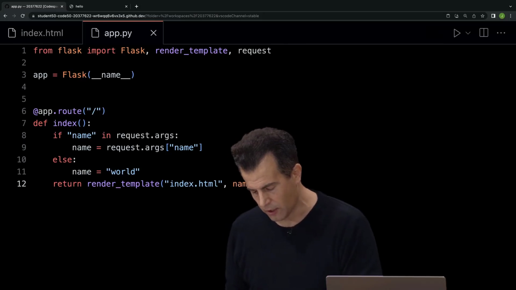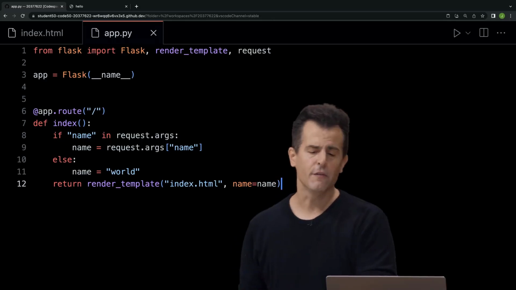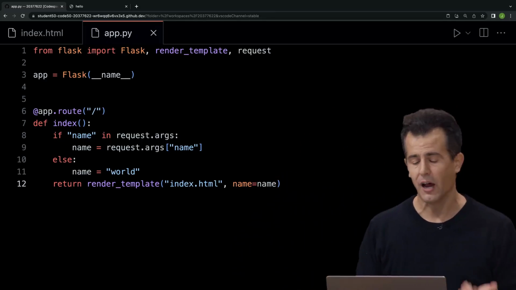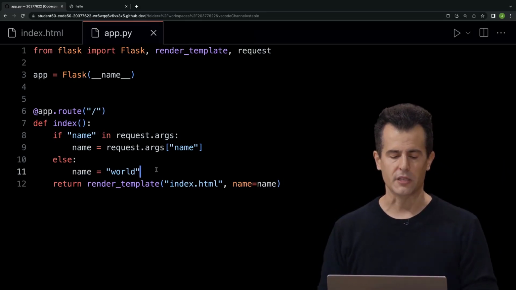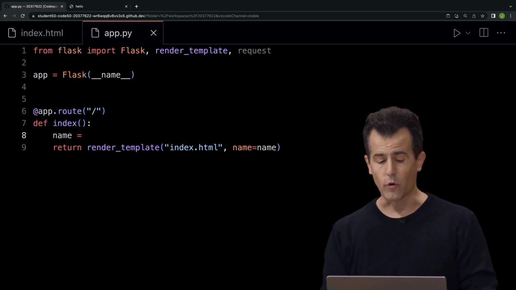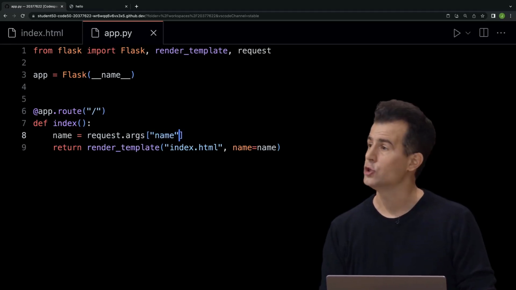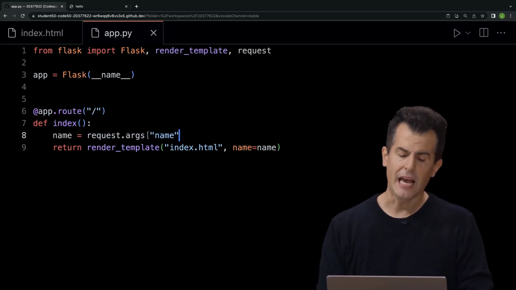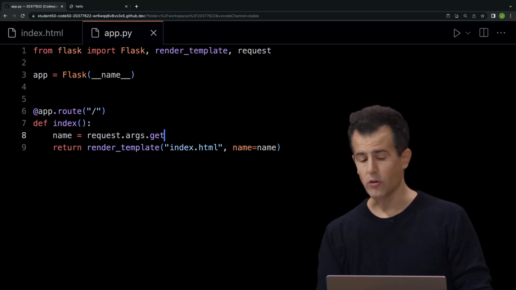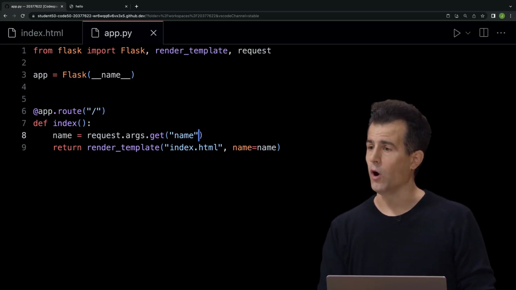Well, let's tighten this up a little bit and see if we can't get things to be more dynamic still. Let me propose now that instead of using this condition, which made a very simple idea very verbose with 4 different lines, it turns out there's an easier way to do this. You can still create a variable called name, and you can set it equal to request.args. But instead of just blindly indexing into that dictionary, it turns out that request.args comes with a function as well